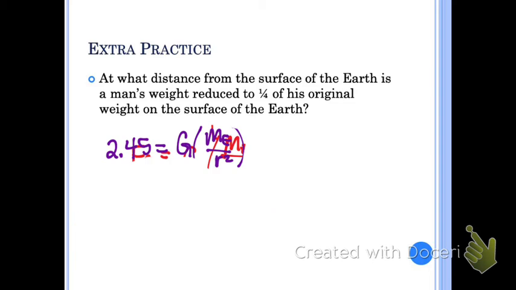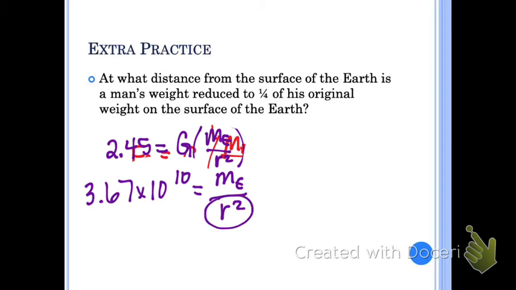Okay, divide G over. So 2.45 divided by G gives me 3.67 times 10 to the 10th equals mass of the earth over r squared. So I know mass of the earth, but I don't know r squared. What do we do with variables in the bottom? Switch their places. So that's going to leave me with r squared equals the mass of the earth